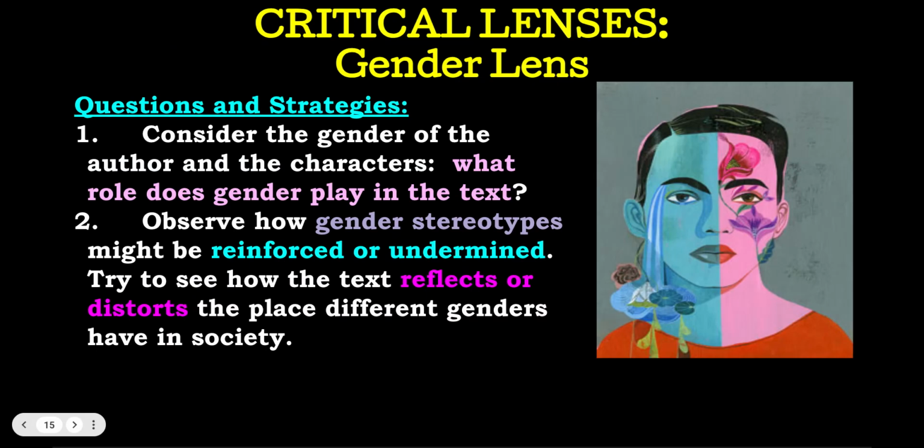Some of the questions you want to be thinking about are these. Consider the gender of the author and the characters. What role does gender play in the text? So how about in Peter Rabbit? What role does gender play in the text? Now observe gender stereotypes that could be reinforced or undermined in the story. Try to see how the text reflects or distorts the place different genders have in society. Right? Look at the colors in the